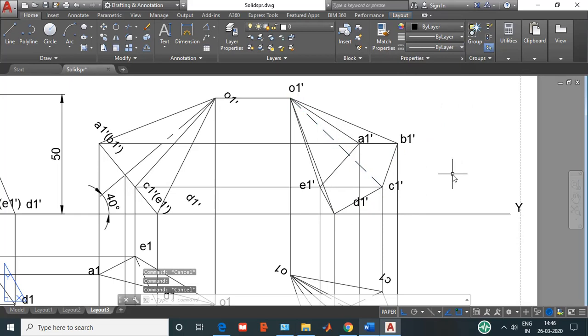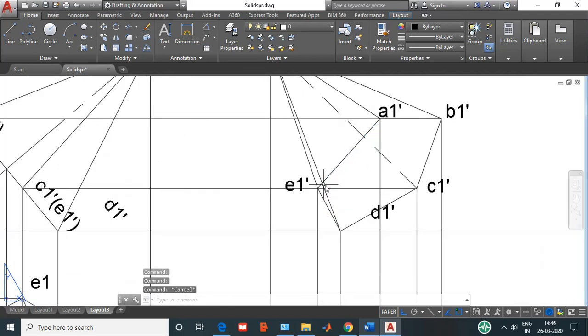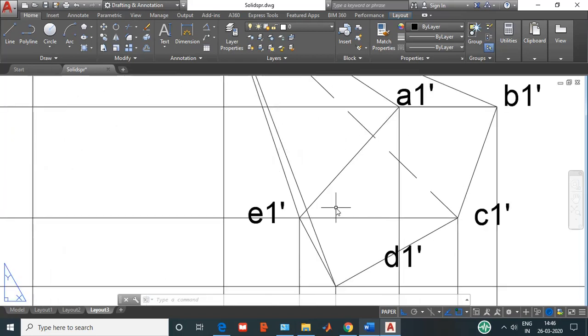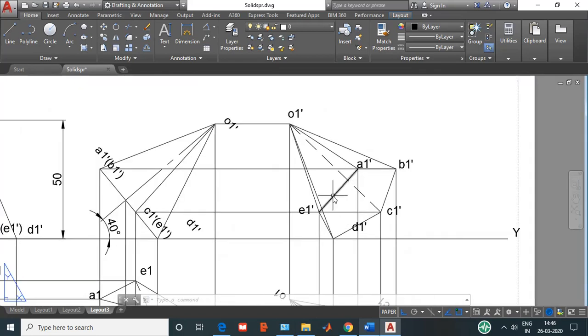Okay. Now coming to the third thumb rule. Are there two visible or hidden lines which are crossing each other? If you look carefully here, you can see these two lines. These two are visible lines which are crossing each other at this particular point. According to our third rule, it is not supposed to happen. No two hidden or visible lines will cross each other. So out of these two lines, one is hidden, one is visible. Now how to confirm which is hidden, which is visible?